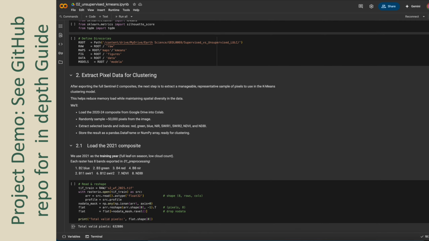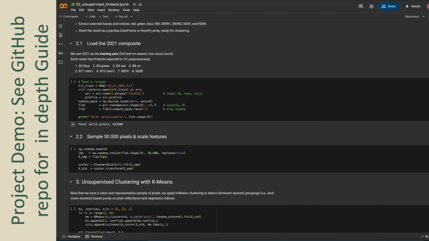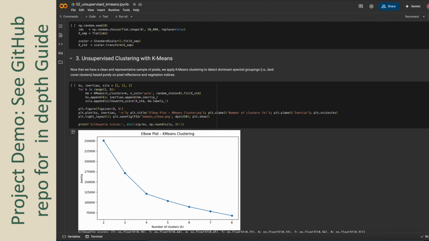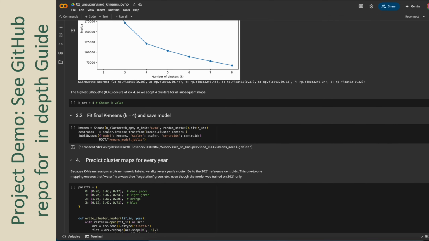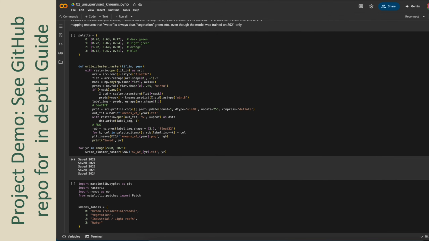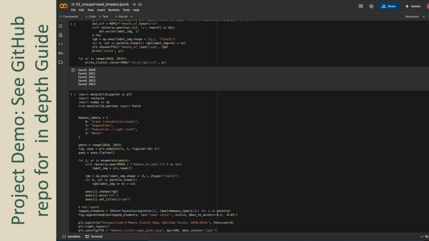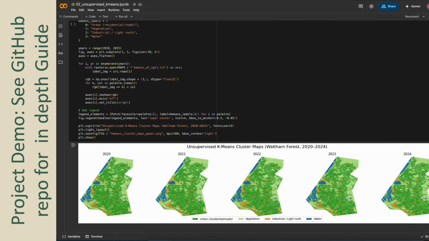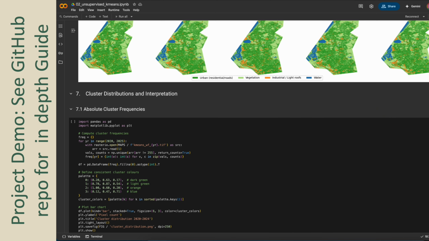We start by randomly sampling 50,000 pixels from the 2021 composite image to represent the typical spectral variability. These are scaled using StandardScaler to normalize the features before clustering. We run K-means with a K of 4 based on our prior silhouette and elbow analysis. The clustering is unsupervised, so after clustering we inspect the outputs and manually label the resulting clusters based on what they visually correspond to. These labels are then assigned back to the full predictions for 2020